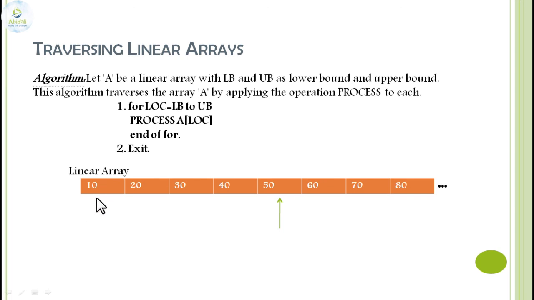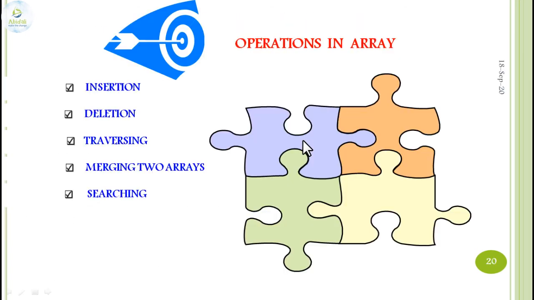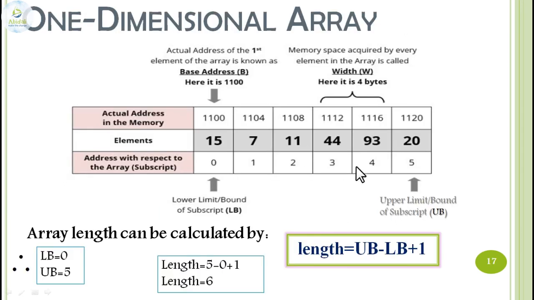The location from where I will begin is 0, that is the lower bound. In the previous lecture video we already analyzed that LB is always 0 and UB will be n minus 1, that is size minus 1. Sir, from where did we get it? From the diagram explained in the previous lecture video. What we explained is that LB will always be 0 and UB will be size minus 1, or total elements minus 1.